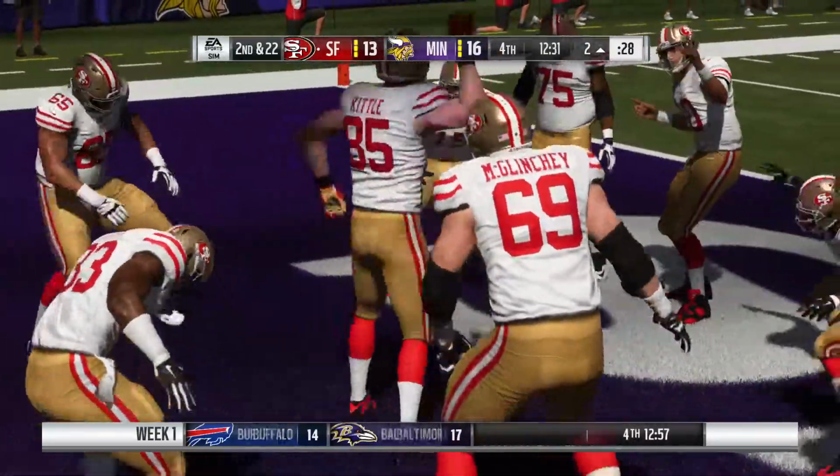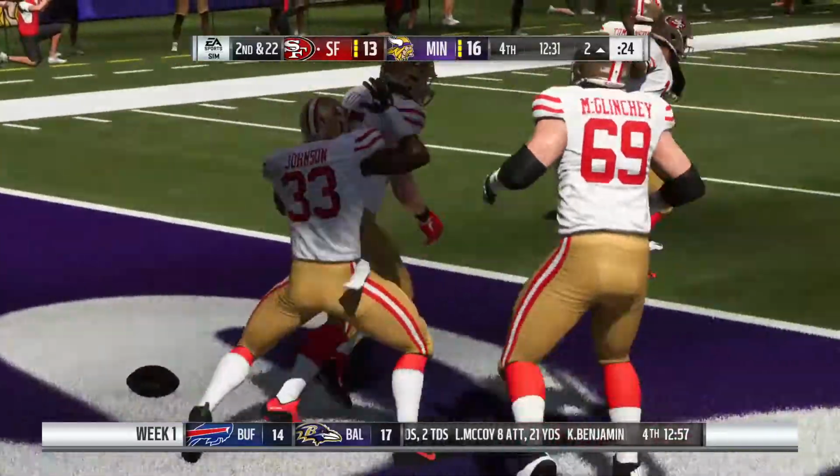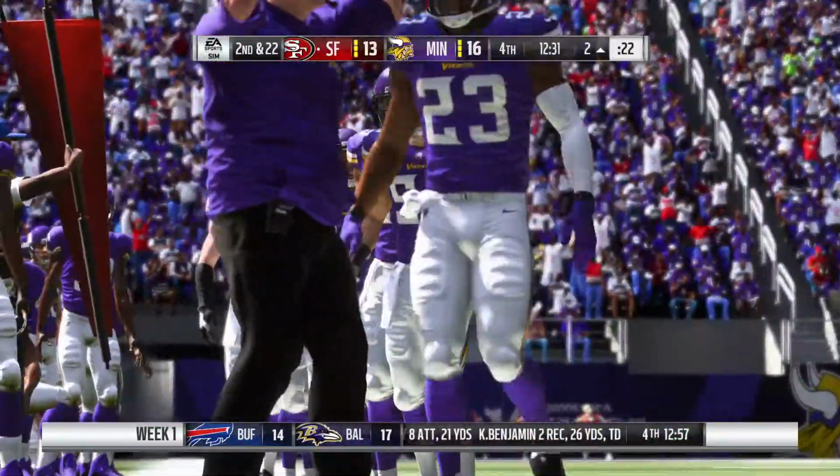When they drew that up, I don't think they envisioned it ending in a house call, but he got it and took it all the way home. Really impressive run after the catch, wasn't it? That was a